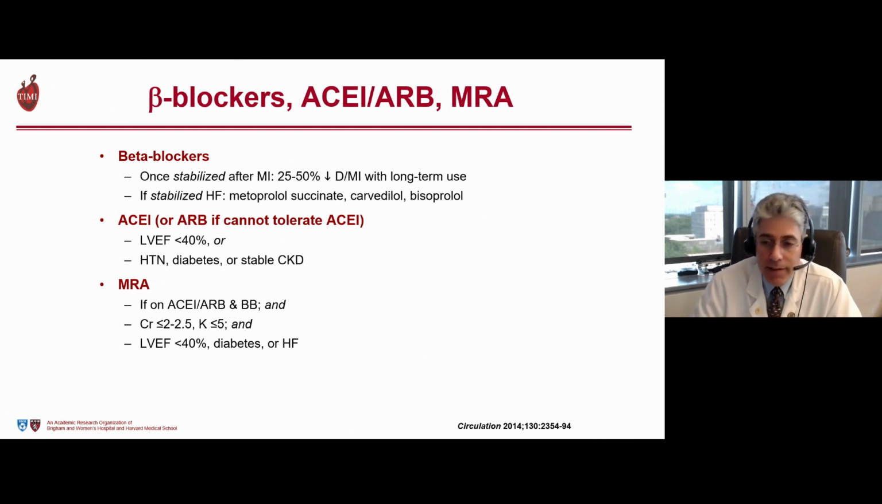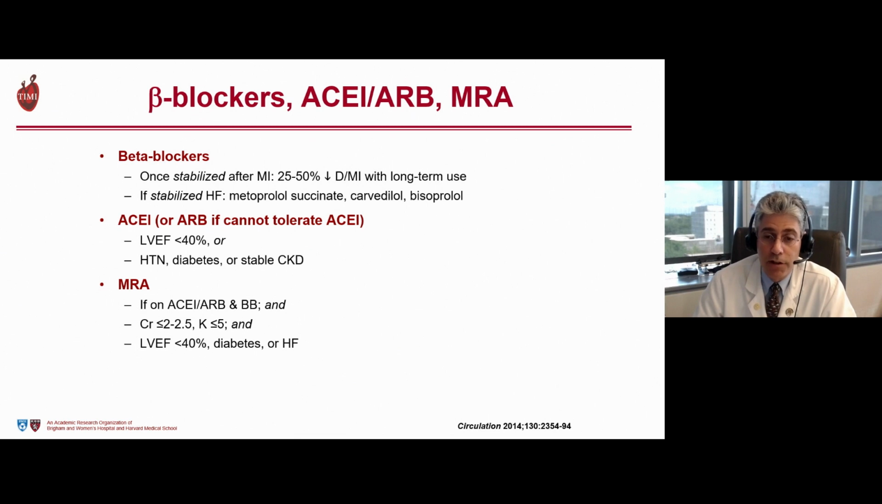All right, let me end to leave just a little bit of time for questions. Other things, beta blockers, we talked about acutely. Certainly, once the patient has stabilized, adding a beta blocker reduces the risk of MI or death by about 25 to 50%. So they absolutely should go home on one. ACE or ARB if they can't tolerate ACE, great if the EF is less than 40% or any excuse: hypertension, diabetes, stable CKD. And then an MRA, mineralocorticoid receptor antagonist, if they have a reduced EF or they have diabetes